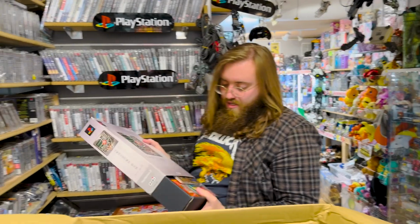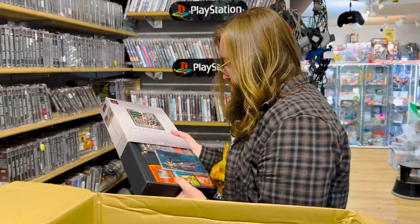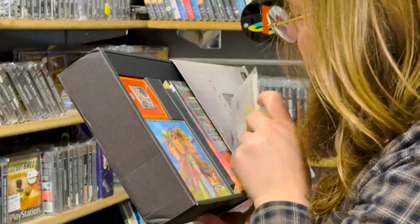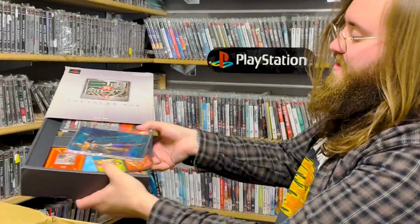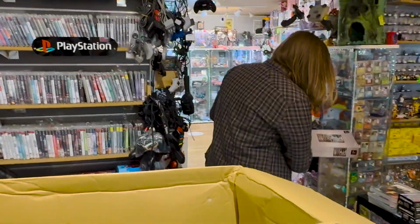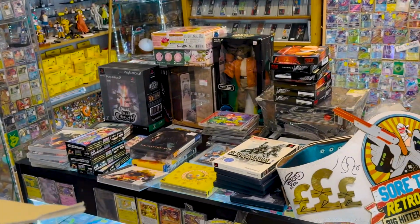Why not? It's just a sliding box, so it's a lot easier. So yeah, we've got loads of art cards. I'm assuming cards. We've got a soundtrack, and we've got the game itself. Awesome. You can just store that away. And then last but not least,